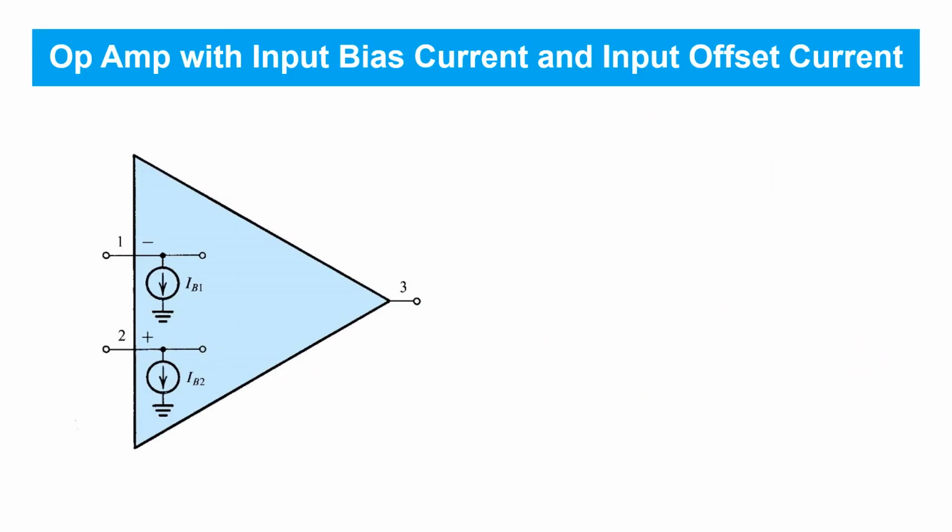Next, we'll consider a second DC problem encountered in op-amps, input bias current and input offset current. Remember that for ideal op-amps, we assumed that there was zero current into the input terminals of the op-amp. But many op-amps in reality require a small DC current to ensure their proper operation. This small input current is quantified in terms of its average, which is called simply the input bias current,